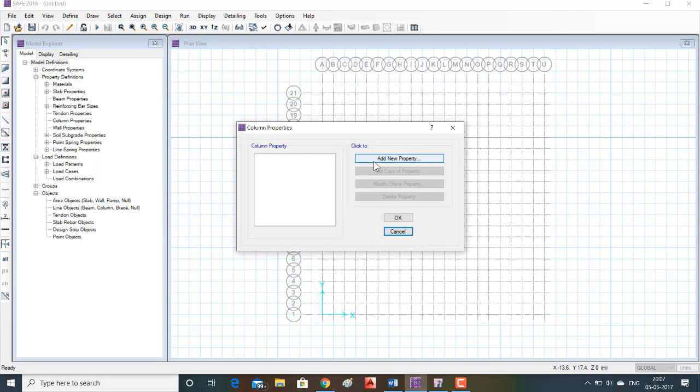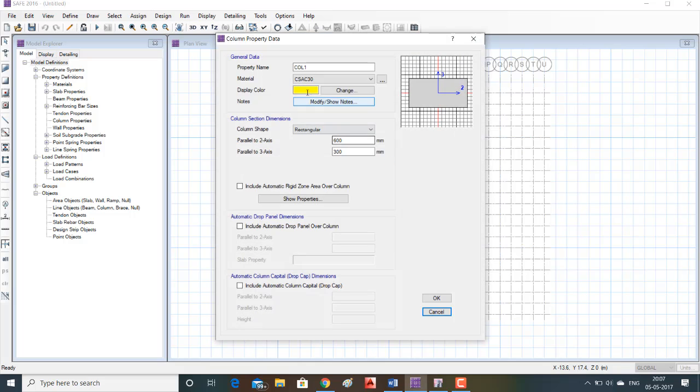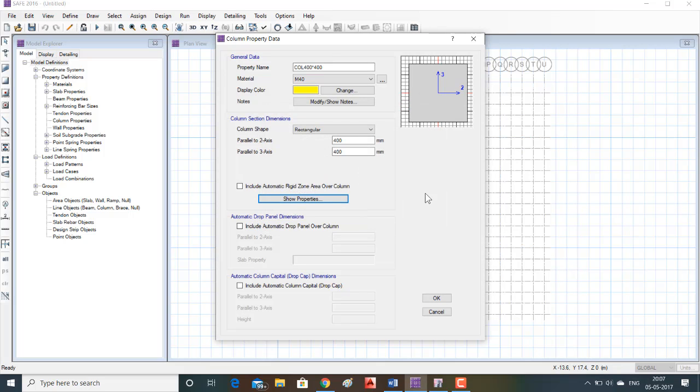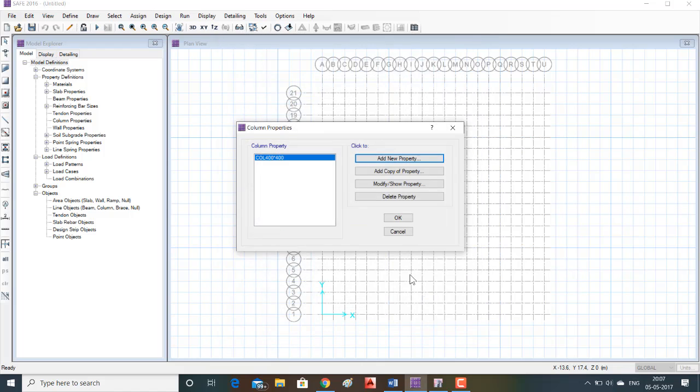column properties. I am using only one type of column, which is column 400 into 400, M40, 400 into 400. Click on OK. You can see the property of the column and click on OK.